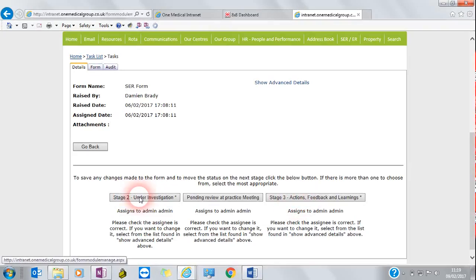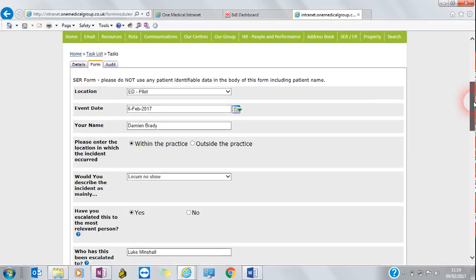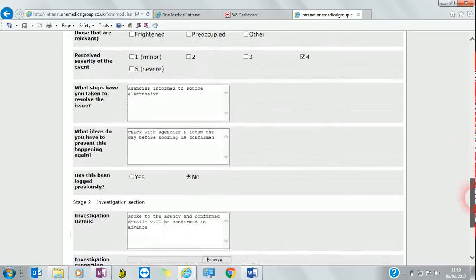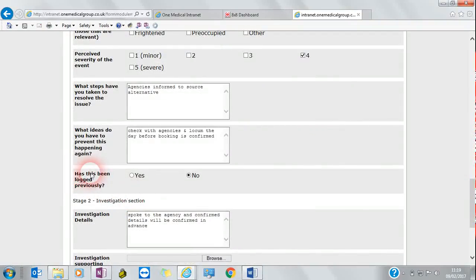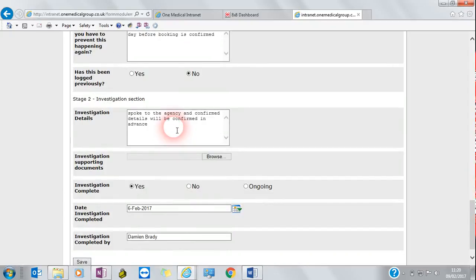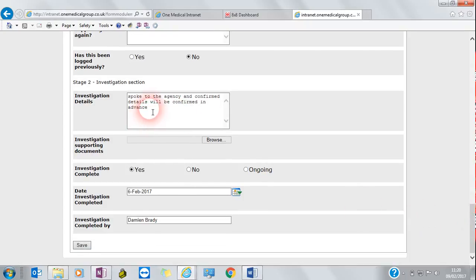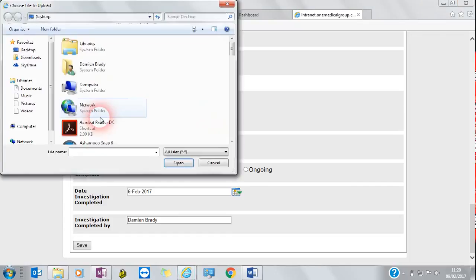Now you can't actually move the SER through to those stages until all the compulsory questions within the form are completed. So go back into the form, scroll down, and you can see where it previously ended at that question. It now has a Stage 2 investigation section. Now this is just a dummy SER, so some of the details are either just for convenience, or I will simply put not applicable for purposes of speed. But you can see that by typing in details into the investigation, I also have the opportunity to upload or attach any documents if they are relevant,